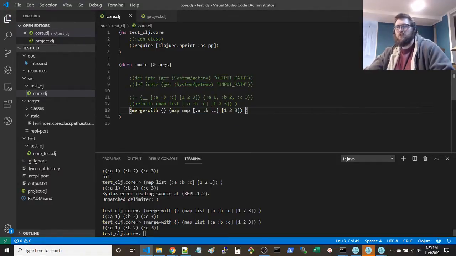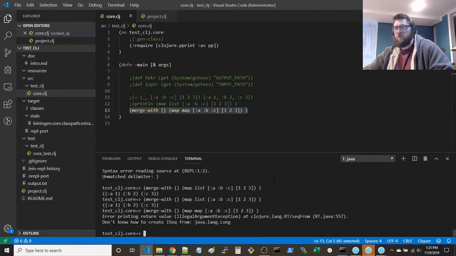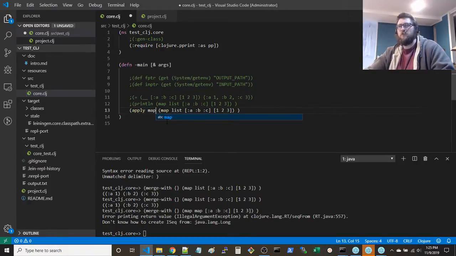Oh no. Okay. Create ISeq from Java long. Yeah, that's kind of tricky. I wonder if you could apply map, maybe. Apply hash map, something like that.